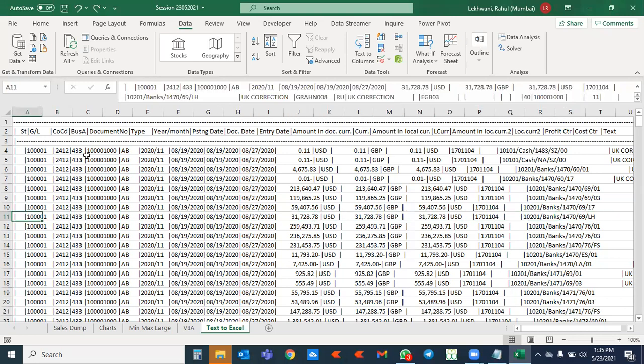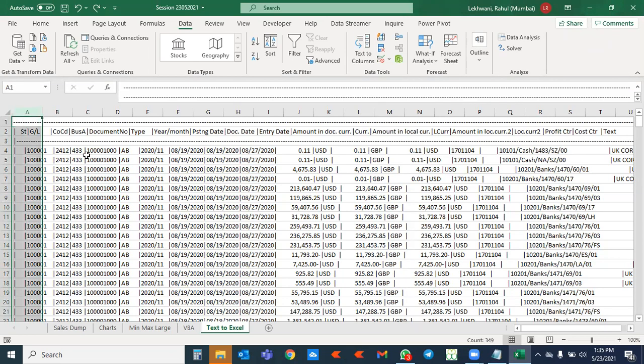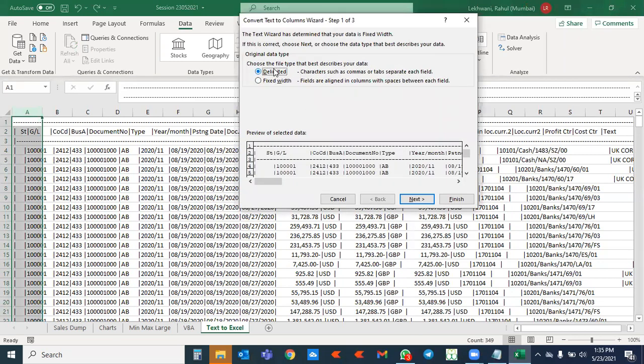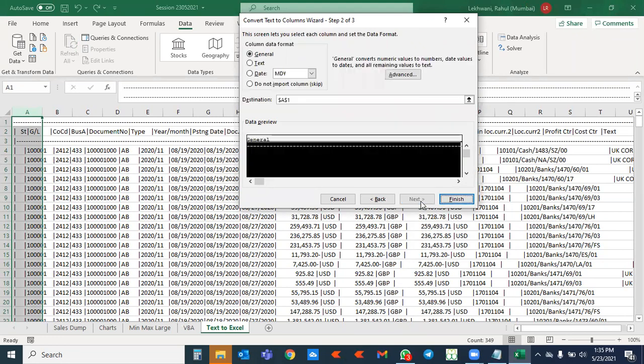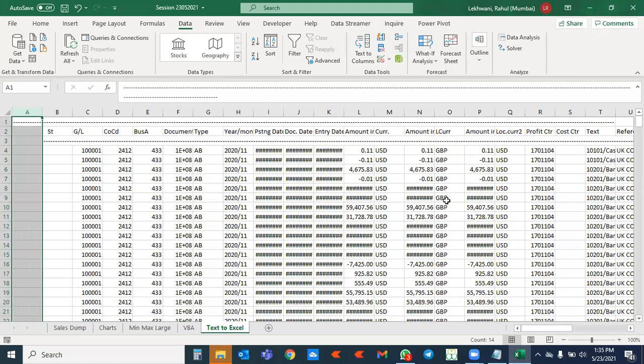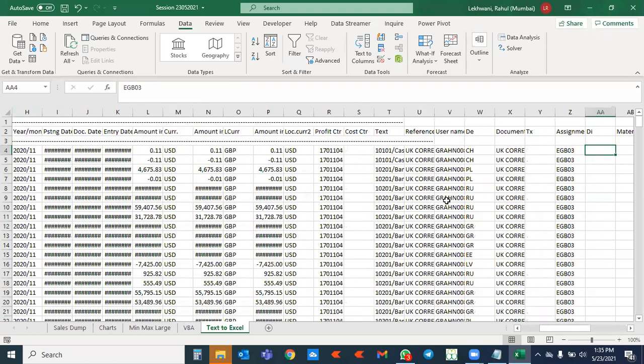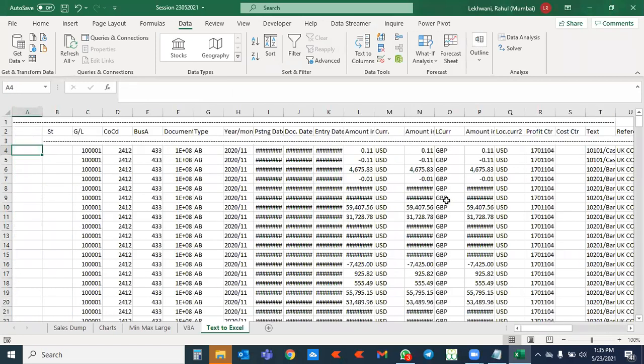I don't want it in this single column, otherwise I will not be able to do anything with the data. So I'll select the column, then Text to Columns, then delimited, then next. This is already there because I did it earlier. So again next, and then finish. See, I have data in separate columns. Now I can filter, and I can make a pivot and do whatever I want with this data.